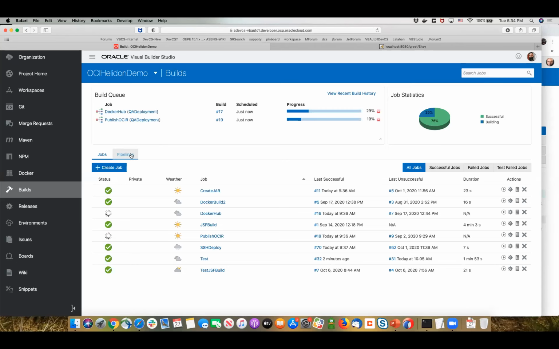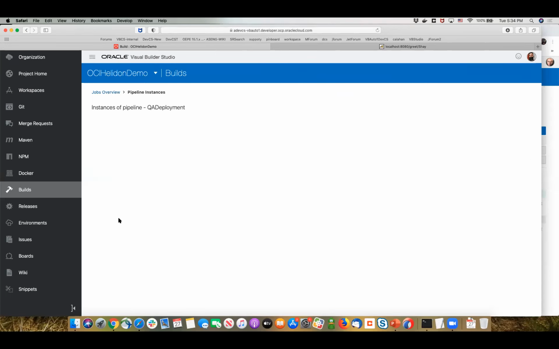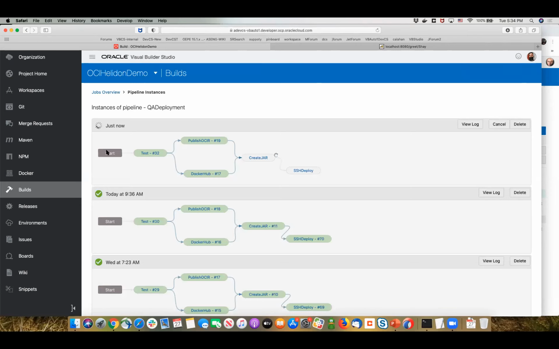Now, the reason that they are running now is because we are actually part of a pipeline. You can see this is right now happening, a live demo. You can see we have multiple steps over here. First, we run the test. If the test is succeeding, we are actually publishing a Docker image into 2 repositories.